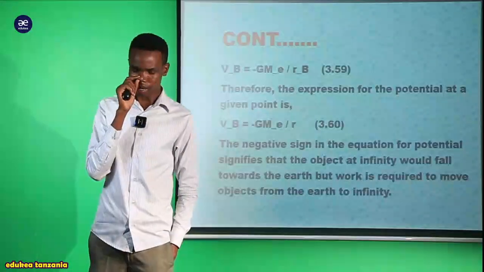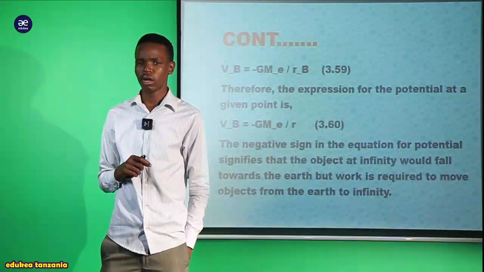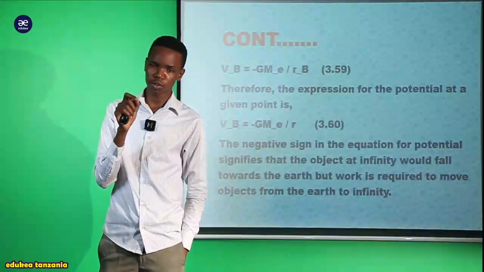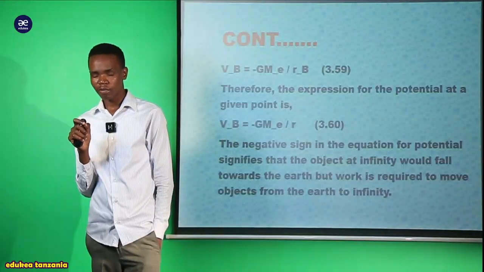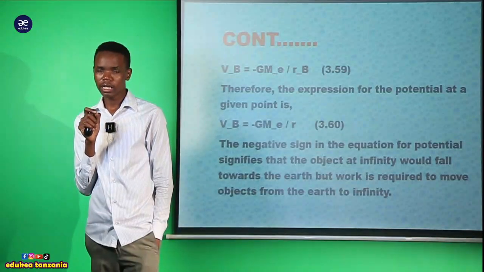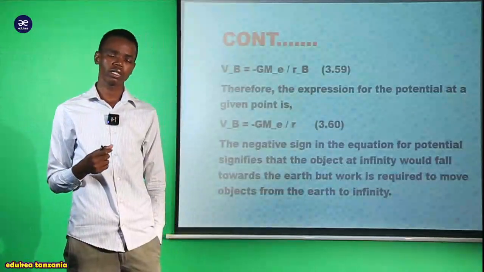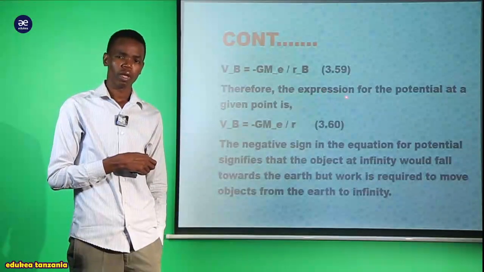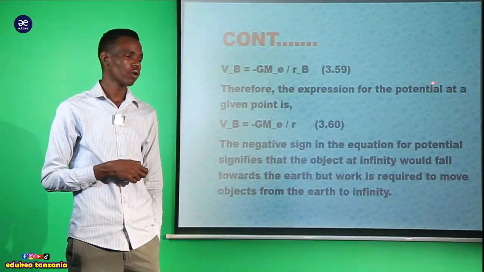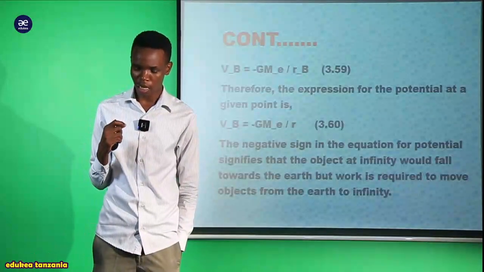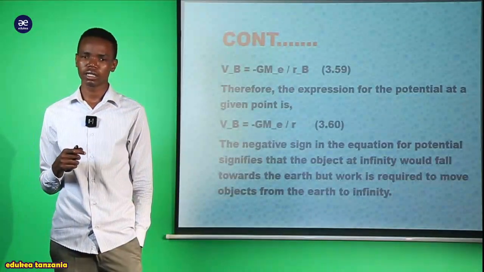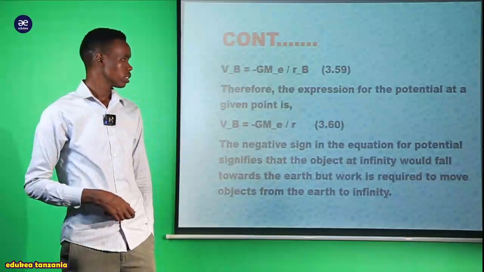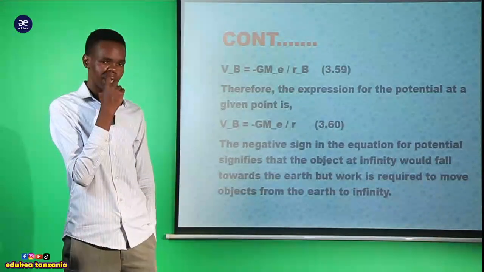Now imagine that RA is at infinity, because the point is at infinity. Therefore 1 over RA, where RA is infinity, is equal to 0. So we should obtain that the gravitational potential is equal to negative GMe divided by RB, where RB is the distance from the center up to the point P. So this should be the formula for obtaining the gravitational potential.